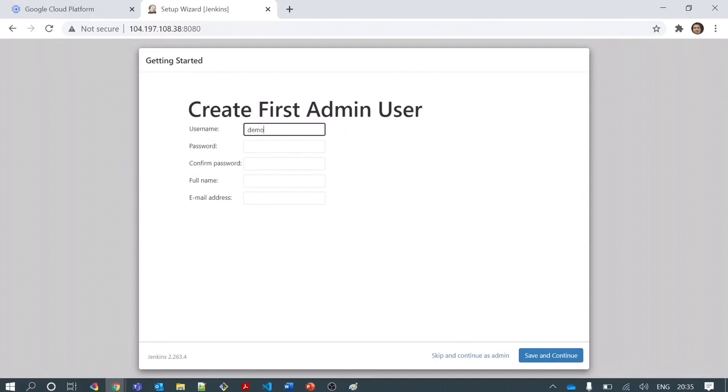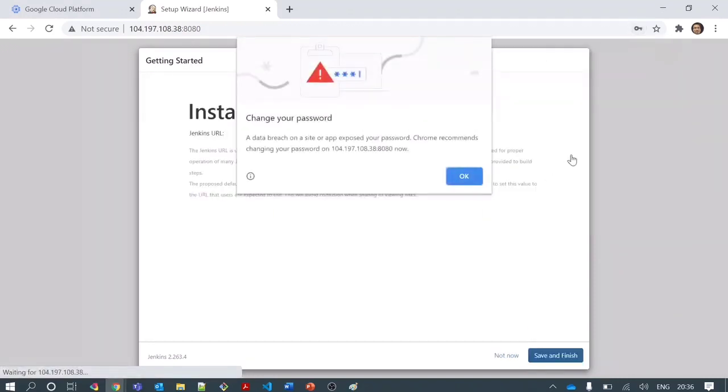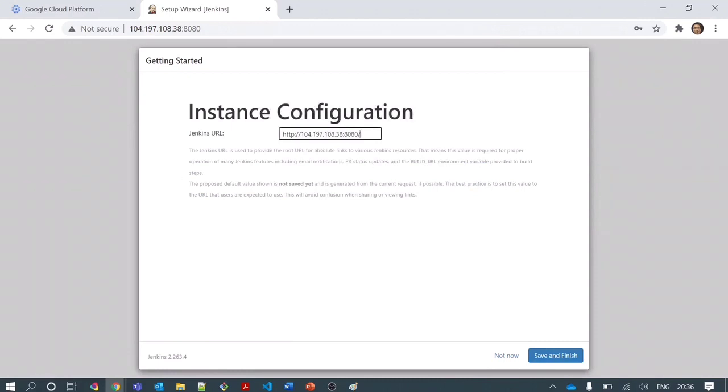I can create one user here. Let me follow the document itself. I can create one DevOps user here and I can set any password for it. Okay, and give full name also DevOps and devops@gmail.com. It will not ask you to authenticate your email, so you can put any email. But yes, in production or in a real environment, we put genuine emails so that we can unlock our account in case or do other stuff in future if required.